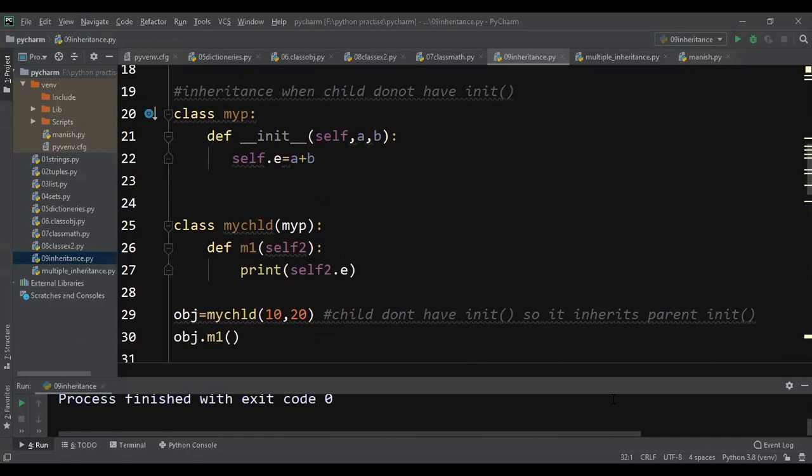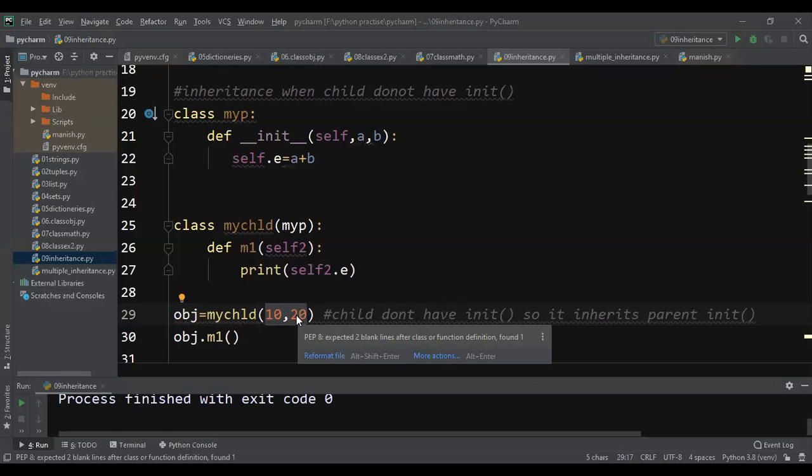So what you have to observe here before going to the next program is that I am creating the object for my child and passing two parameters. When you pass parameters at the time of creating an object, these values are given to the constructor, since the constructor is a special method that is executed at the time of object creation.